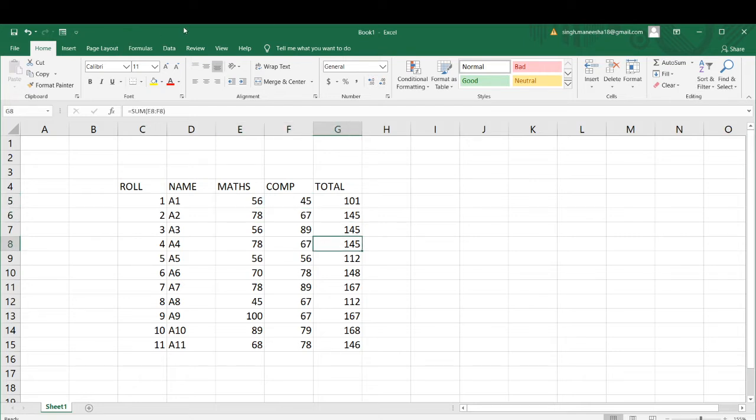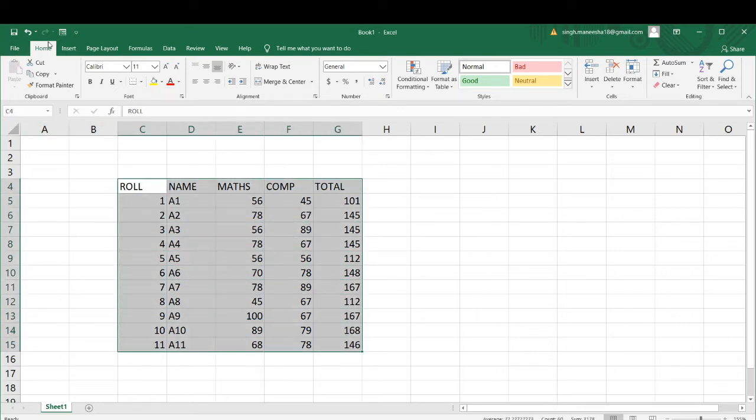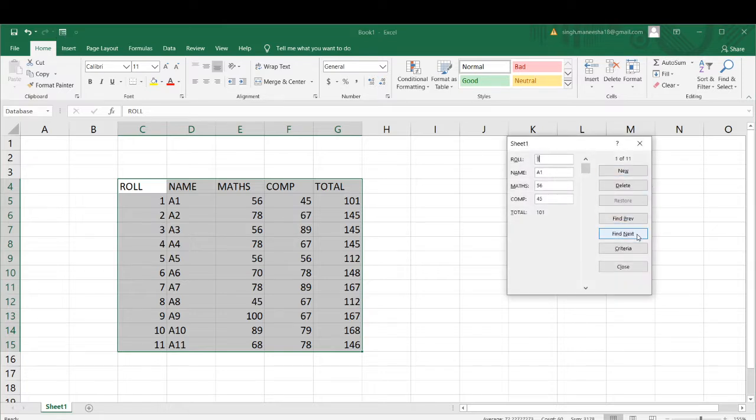Now after that, what is the next topic? Let me see. How to add a record, we have learned. How to search a record? So how will you search it? Select, go to the Form option, then click on the Criteria button. Then type the data which you want to search.